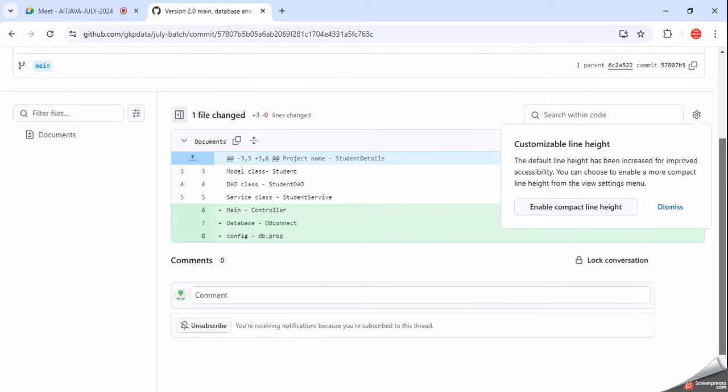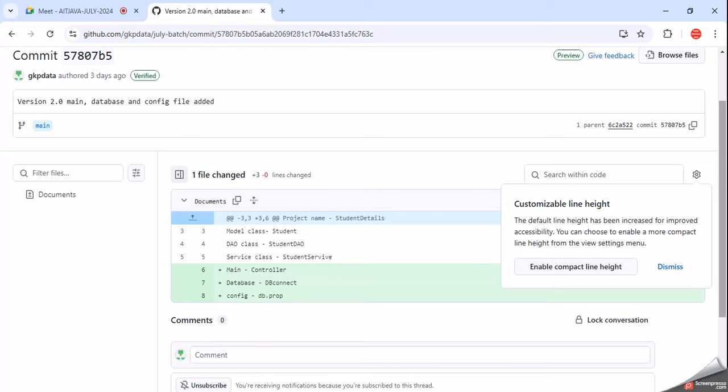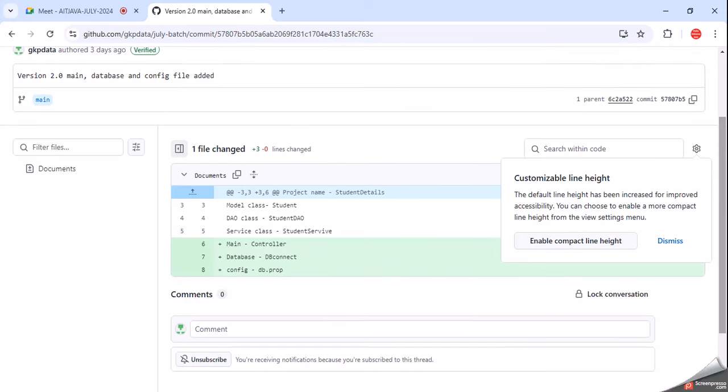Okay, suppose in many projects we use Oracle as the database, but suppose we want to use MySQL. But suppose we are not sure it will work or not. Okay, so we can create a new branch. So for this purpose, suppose we want to edit it, so let's say commit,